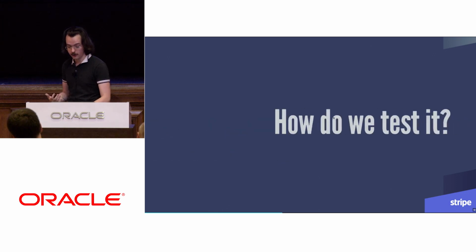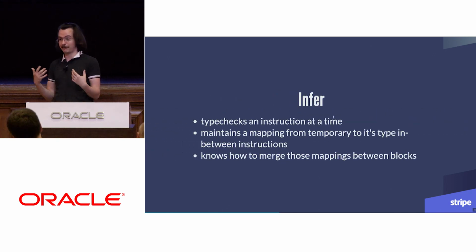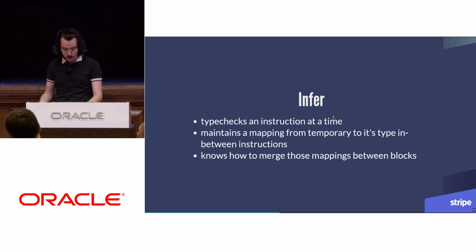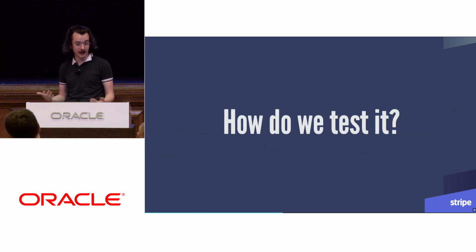Now, the thing to know is we didn't get there at a single point. We weren't able to design a perfect system from scratch. We needed to iterate through this. In order to iterate, the most important part that made it possible was testing. Because if you can test your thing, you're able to change it. You can still verify that it does what you want it to do. So we run